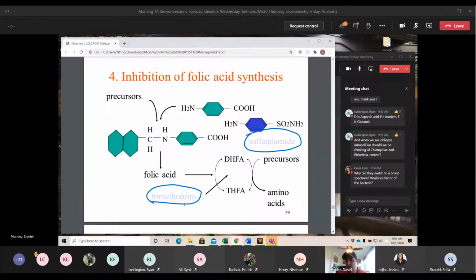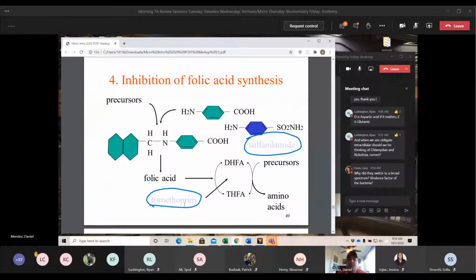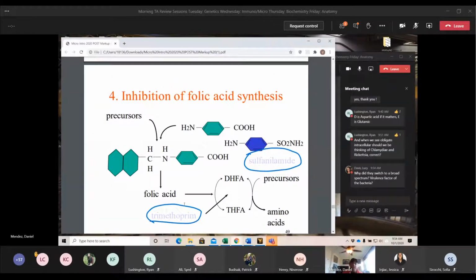So the question being, why did they switch to a broad spectrum? Sometimes, if you think about it, it's tough because you normally want to use a narrow spectrum. That's the main idea, that you want to be able to target it more. But we have issues when we can't. So if you have a bacterial infection, let's say you have sepsis, you have a bacterial infection in your blood, and it is very, very bad. You got to the hospital and it's already a little late. We're seeing a large number of bacteria in your bloodstream, and it's starting to affect your organs.